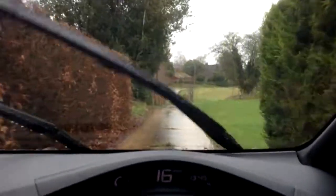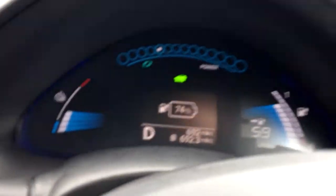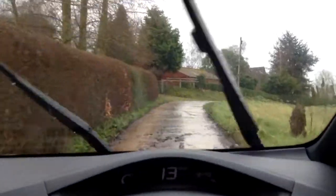So I've actually got to go to badminton later, so it's going to mean quite a few more miles really to do. We're looking at about, let's have a look now. I will pull in and work out the miles and then get back to you on what I'm expecting to do. Okay, so it turns out I've got to go 9.1 miles back to work, and then from work